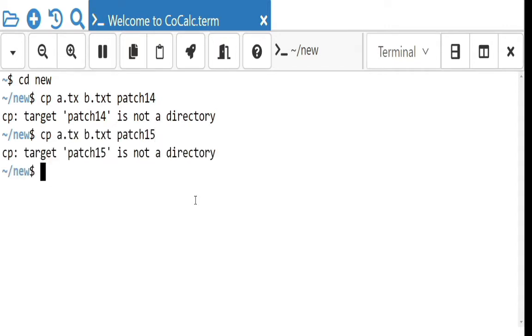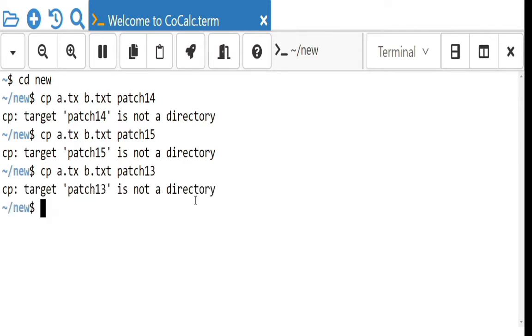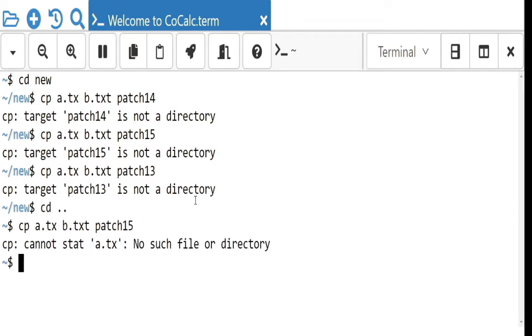Patch3 is not a directory. What we'll do is the same command, patch15 is there now. Sorry, I had written a.tx, so a.txt is there, and that will be saved here. Now check ls patch15. See, initially it did not have any files, but now it has a.txt and b.txt.